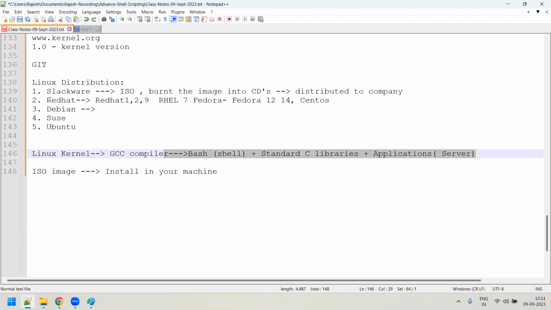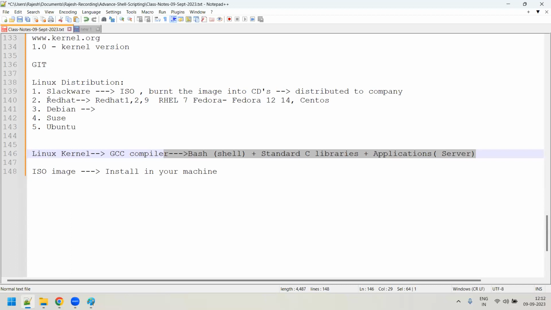So you might ask, sir, why do you need so many distributions? Because each distribution has its own flavors. Red Hat is very favorable to the server side. Suppose many companies want to install a lot of server software: the DNS server, NFS server, NIS server, Squid server, Samba server, Mail server, Postfix servers. You want to install a lot of servers and get all the services.